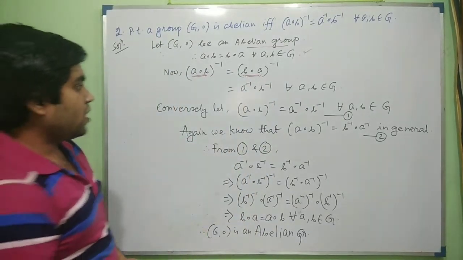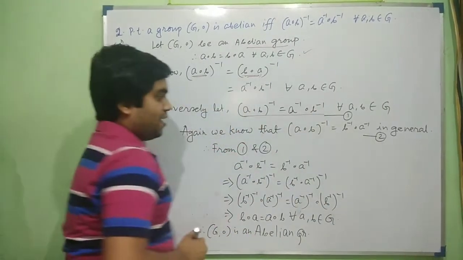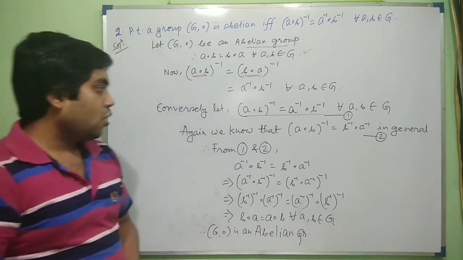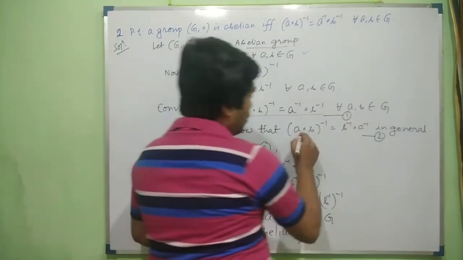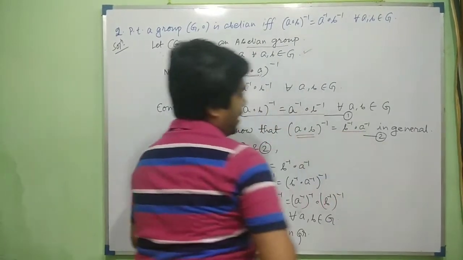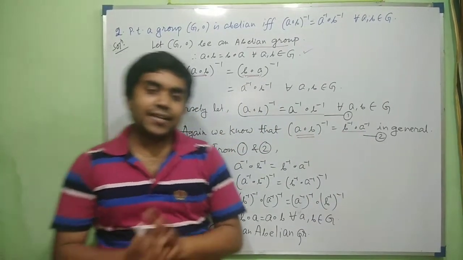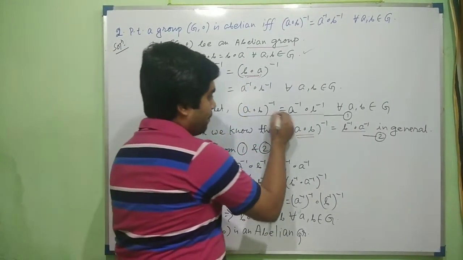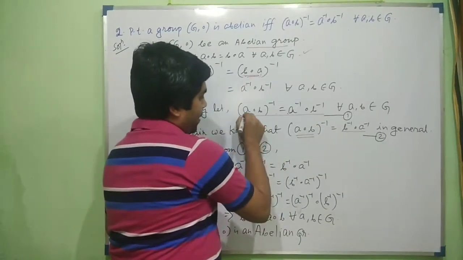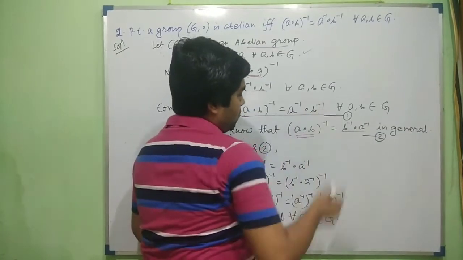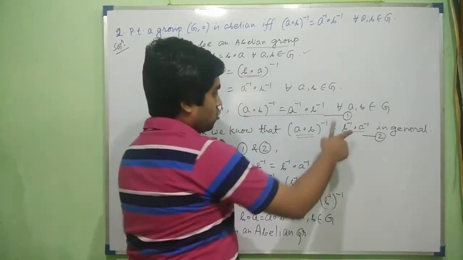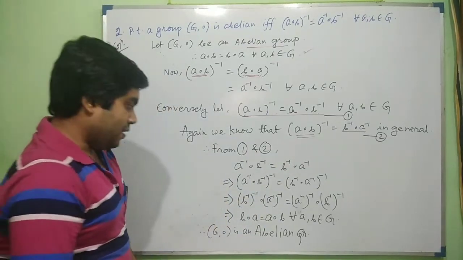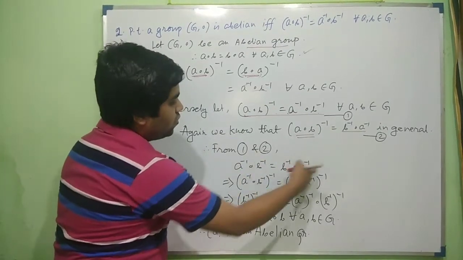And conversely, we consider that this result holds. That means A naught B whole inverse equal to A inverse naught B inverse. Now we know that A naught B whole inverse equal to B inverse naught A inverse. This is a common result in any group, so we have applied this. Now from comparing these two results, यहाँ पर A naught B whole inverse का वैल्यू है A inverse naught B inverse, यहाँ पर वैल्यू है B inverse naught A inverse. So दोनों को equate किया जा सकता है, इसीलिए equate की, and then we take the inverse of these two